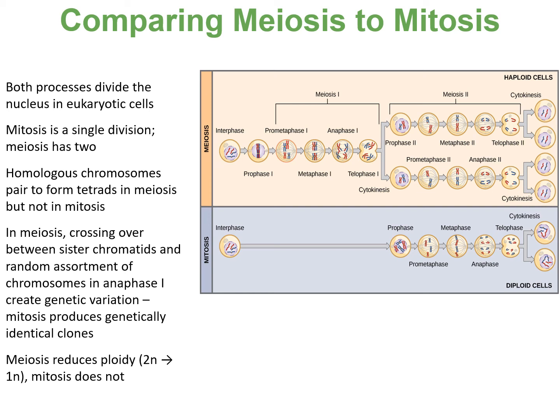Again, mitosis is a single nuclear division that results in two nuclei that are usually partitioned into two new cells. The nuclei resulting from a mitotic division are genetically identical to the original nucleus. They have the same number of sets of chromosomes, one set in the case of haploid cells, and two sets in the case of diploid cells.